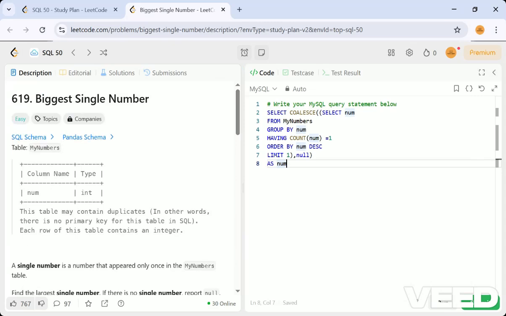Okay. So the same thing we can do in other ways also by using the max function. So write the inner query with having, and then get the max instead of order by, and you can use max on the top by using this as a subquery. So that is also possible. I hope you have understood.